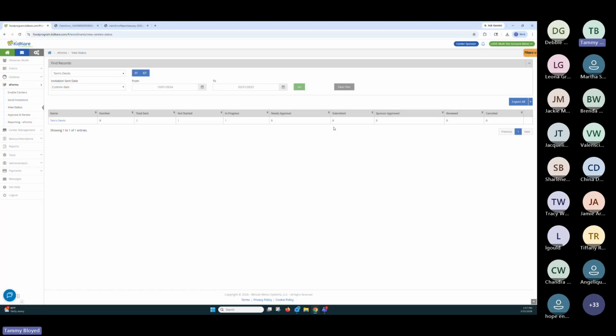I'm sorry, we really don't play with e-forms. And then sponsor approved means yes, it's been approved. This is good information for the child. All the information's there. And then renewed is that final step where the child is actually re-enrolled in the center and is being claimed for meals. So this will list all of the forms down here. It'll tell you whether it's an IEF form, the income eligibility, or the enrollment form, and it'll give you all the information. So you want to see that everybody is in the renewed column. If they are not, track it down, figure out what's happening.